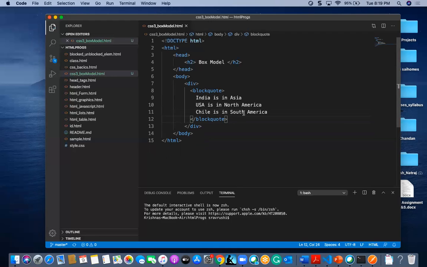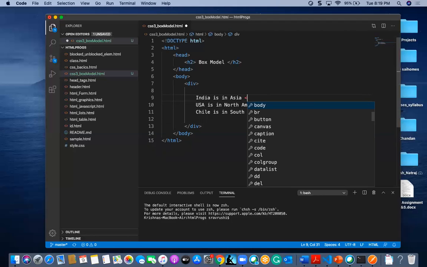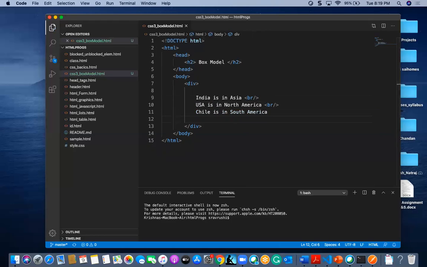I'll remove this for now, and for now I will give it for the div. But here I will mention break points. Okay, fine. Now I have to give a style for this.